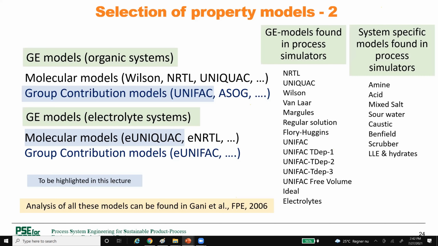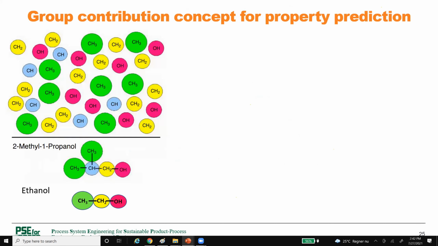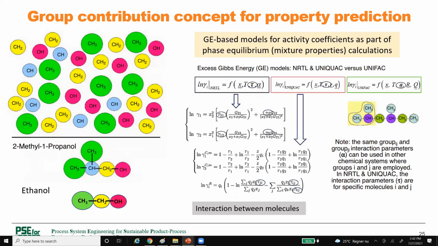So again, we come to the groups. Remember that the groups form the molecules, and we needed the contributions. And here are two examples of it. But now what we are saying is that when it comes to molecules, you need the interaction between 2-methyl-1-propanol and ethanol to calculate the activity coefficients. Whether you do it by NRTL or UNIQUAC, you will need those molecular interactions,